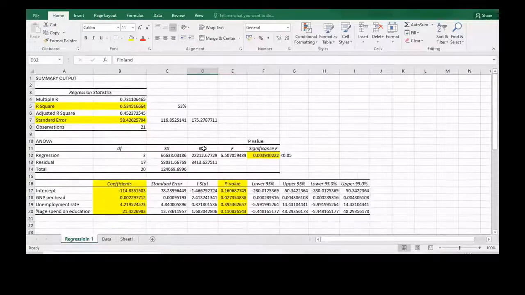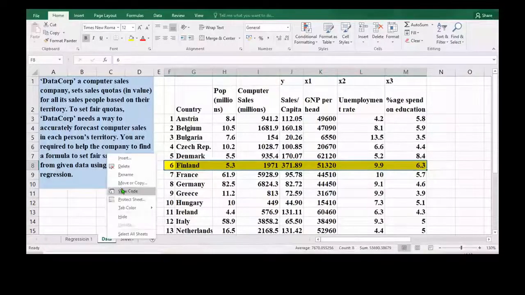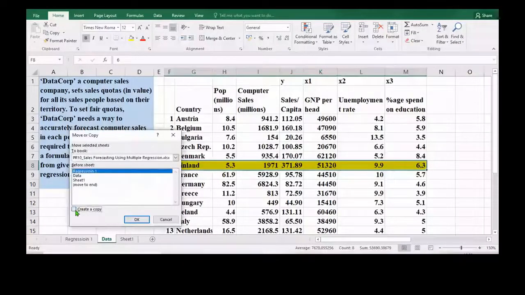As a remedy, if outlier is there, we remove the outlier and we rerun the analysis by removing that outlier. So let me go back again to this data. Let me make a duplicate of this data. So I am creating a duplicate sheet.